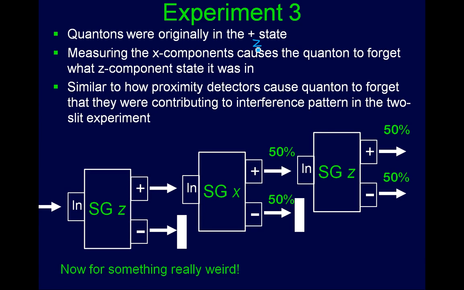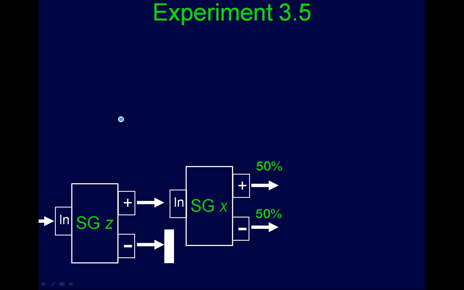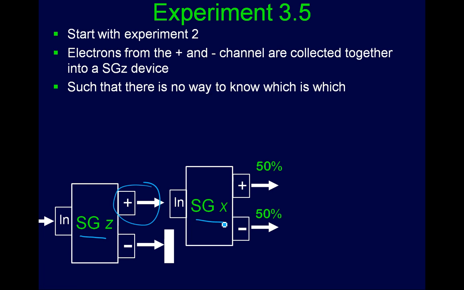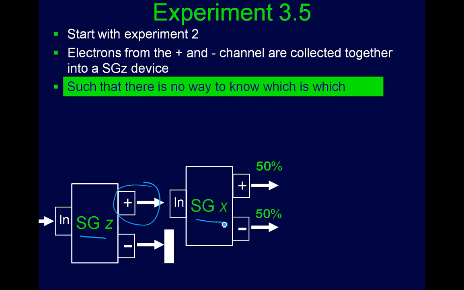And now for something very weird. We do this exact same experiment we were doing before. We send the particles through the SGZ, and we take the ones that are aligned with the SGZ and send them through an SGX. And of course, when we do that, 50% are in the top path, 50% are in the bottom path. But now, in this case, you recombine these two paths coming out of the SGX. And this is really important. You recombine them